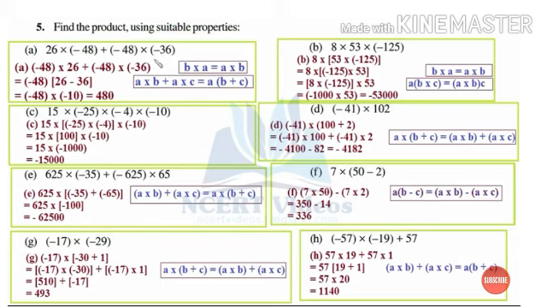Now moving to the last part of question number 5, that is H part. Now here we can see that 57 can be taken as common. We can also use solving first 57 into minus 19, and writing 57 as 57 ones, for which we can take common. Now 57 is taken as common, 19 as it is, plus 1 from the other side, because this is the property that governs this, that is a into b plus a into c is equal to a into b plus c, which is equal to 57 into 20 is equal to 1140. This makes your question number